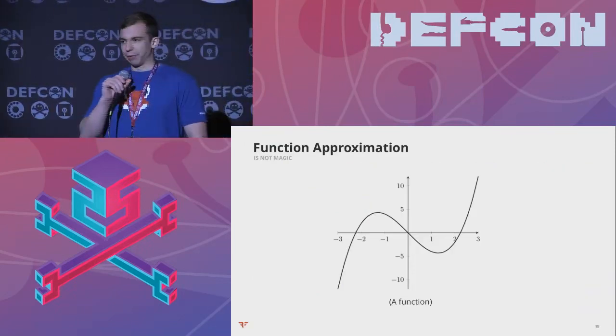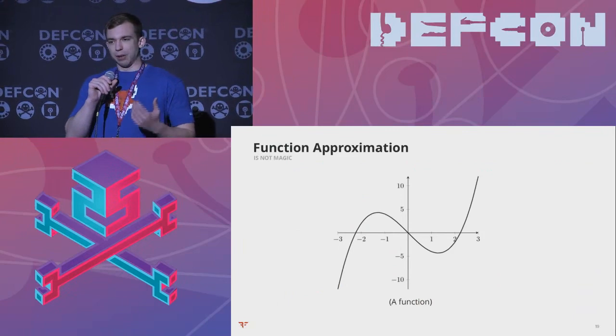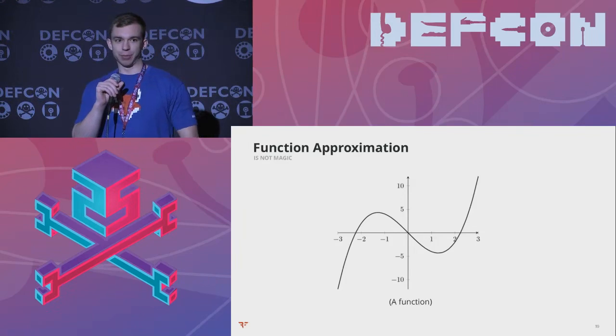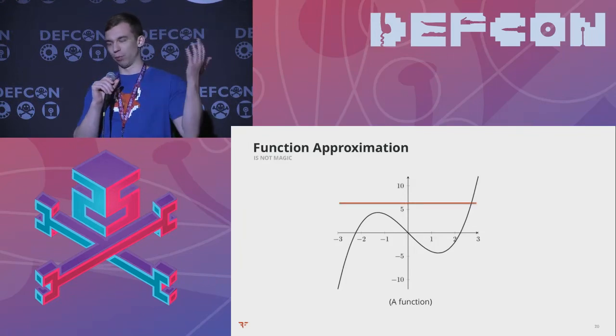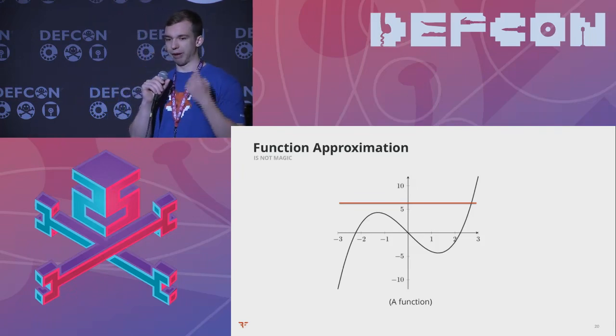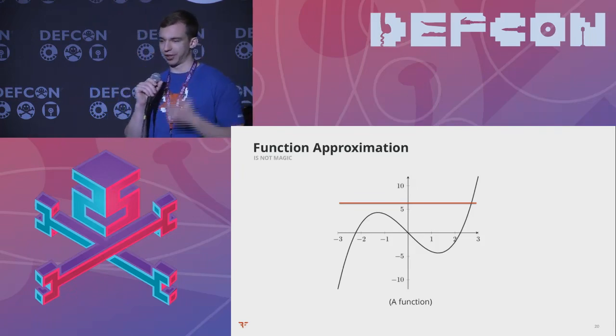So, function approximation. Basically, we're going to be trying to guess what function drew this line on this graph. The easiest way to start is to draw the worst function approximation possible, which is just a straight line. This essentially represents your first sample. You have one data point. You're going to take one action. This is the first one.